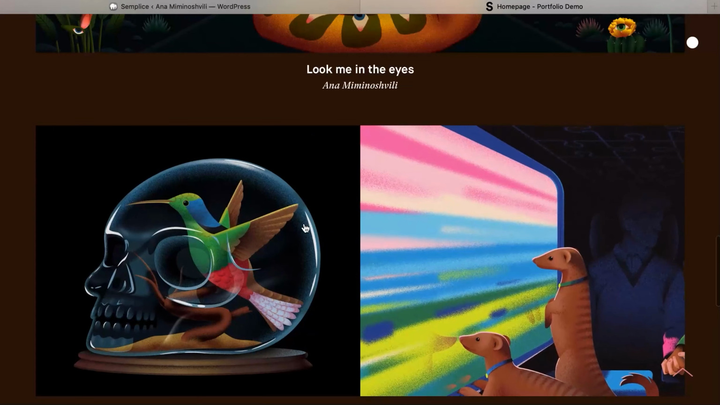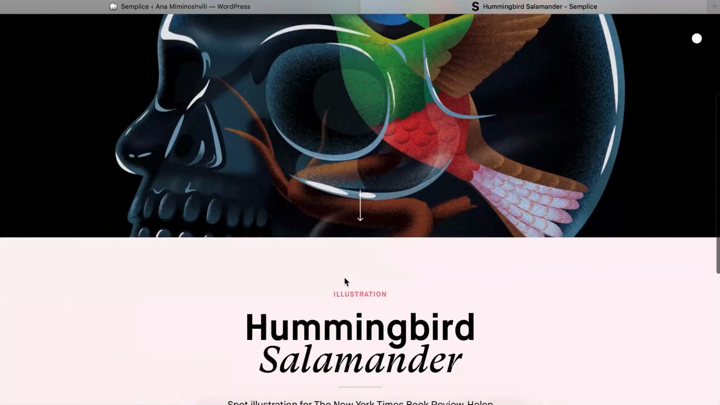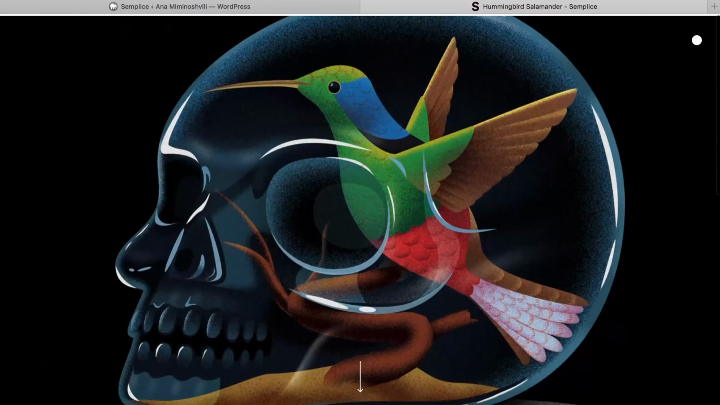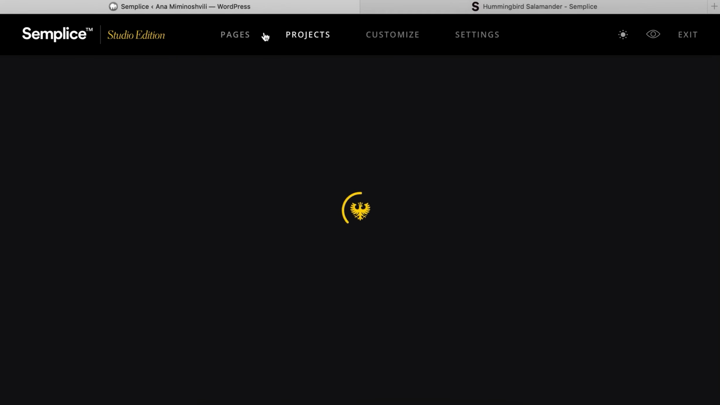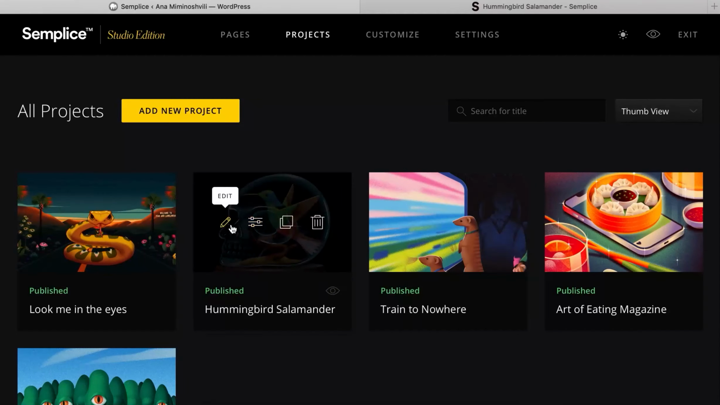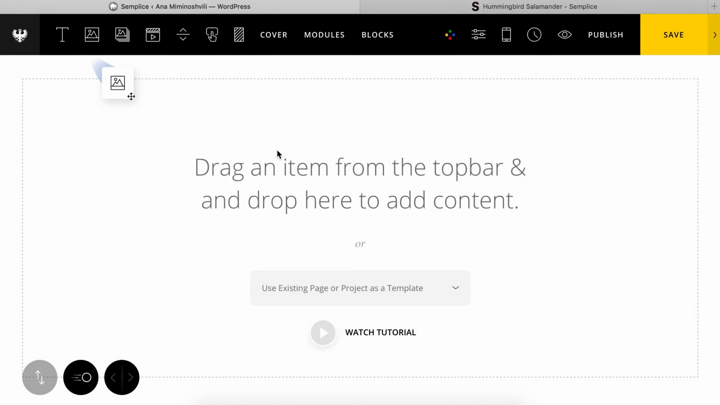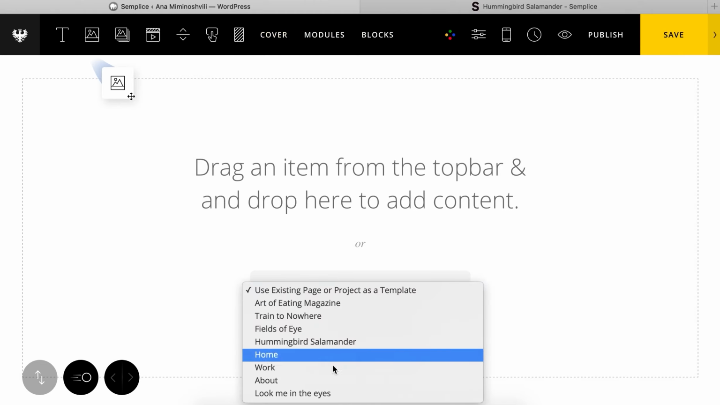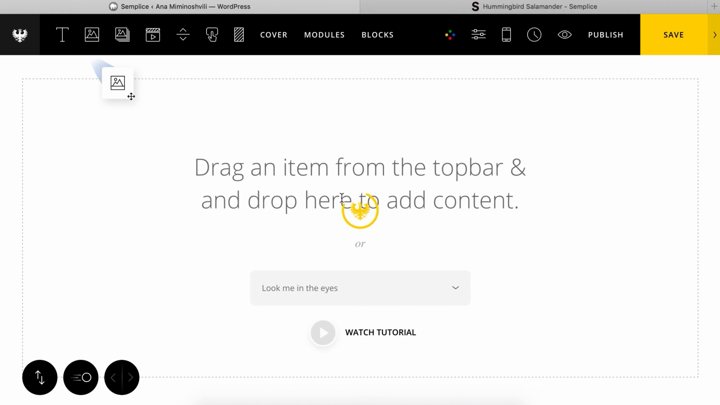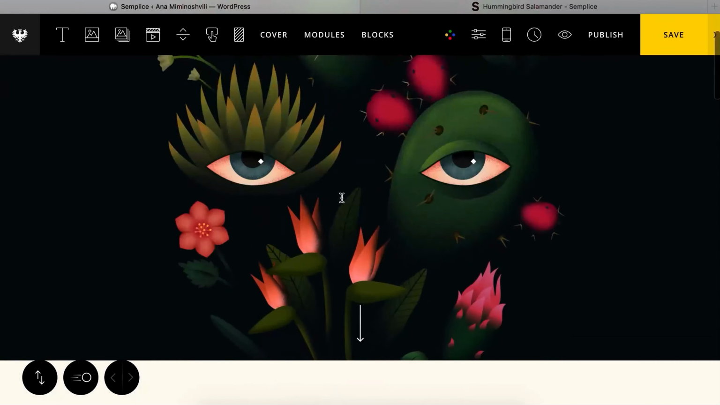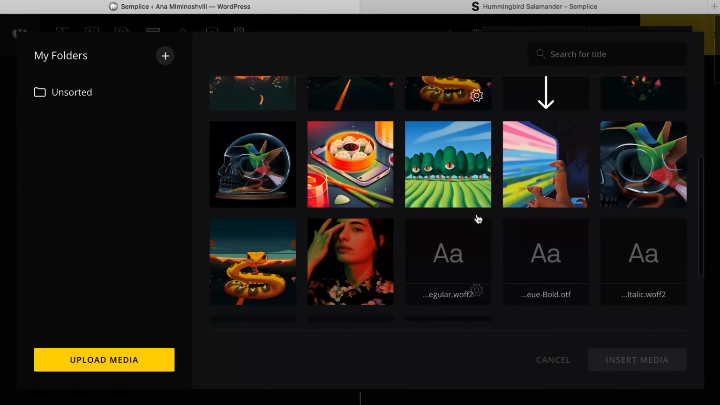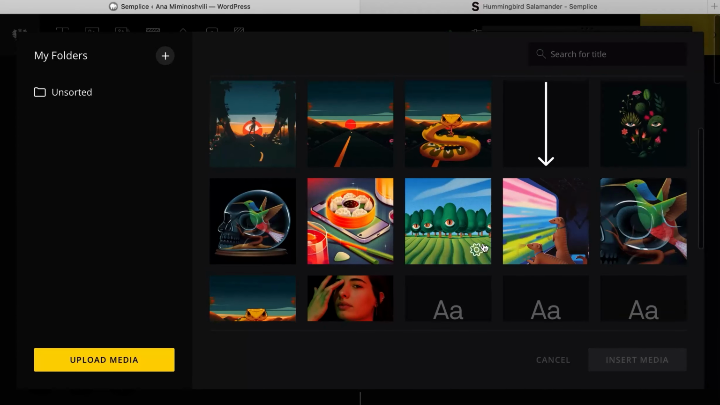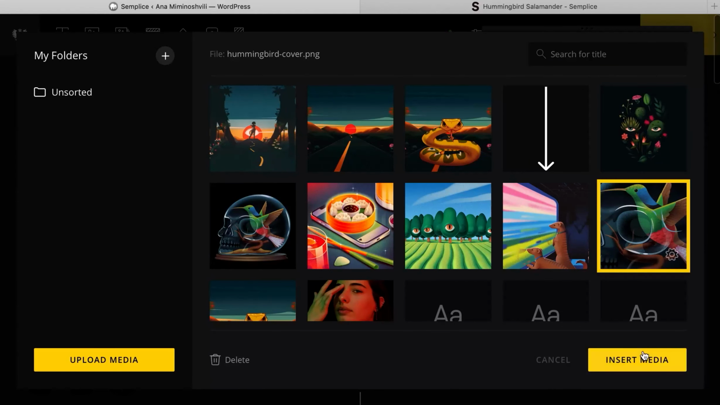Okay. Next, I want to show you, just clicking through one of these other projects, we're just going to recreate this one real quick because I want to show you how easy it is to just replicate layouts in Semplice. So let's go to this project right here, and it is blank. What we're going to do is right here in the center, you can use an existing project or page as a layout. So I've selected our first project, and as you can see, it's populated this entire page with our existing first project. So I'm just going to swap out some of these assets,